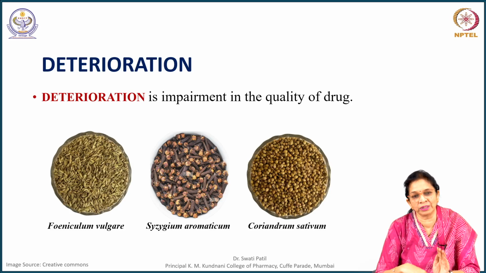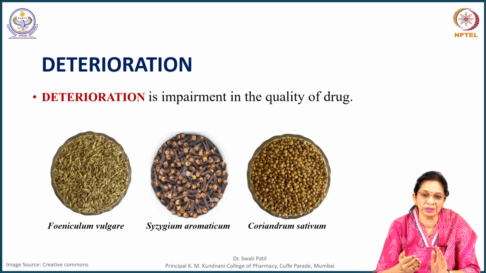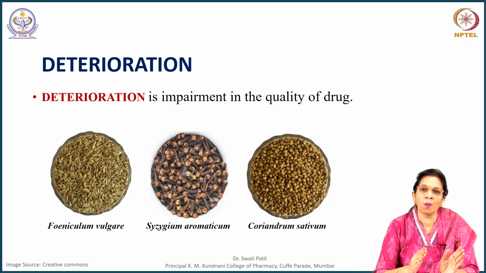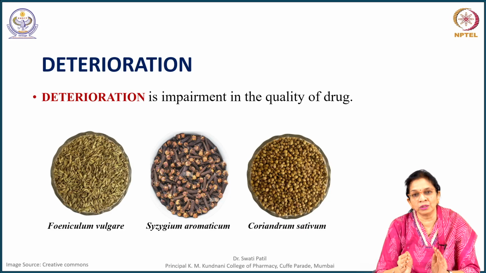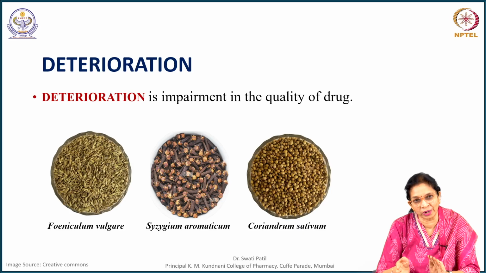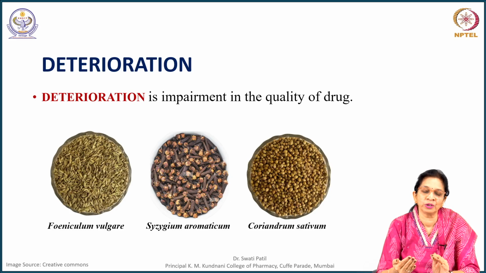of the drug. For example, Foeniculum vulgare, which is fennel, Syzygium aromaticum, which is clove, and Coriandrum sativum, which is coriander. All these three are known to contain volatile oil. So, upon a long storage, if the volatile oil evaporates from these drugs, then there is a deterioration in the